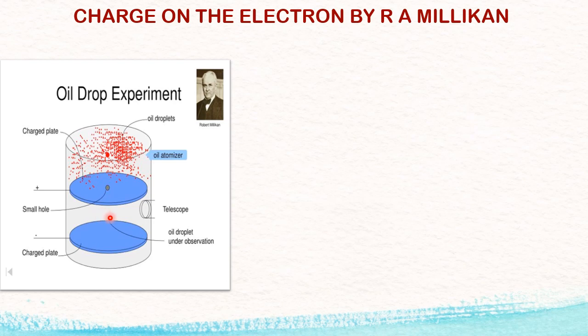Okay. So they started moving towards the positive electrode. Why? Because earlier the oil was not charged. Now the oil is charged. If it is charged by the positive, it will go down. But the oil drop which was charged by electrons due to the collision in this area started moving towards the positive electrode. Now what Robert Millikan did, by controlling the electric field voltage and by controlling the gravitational force, he maintained the speed of the charged oil droplet in such a way that the oil drop totally became static. That means it was not allowed to move.